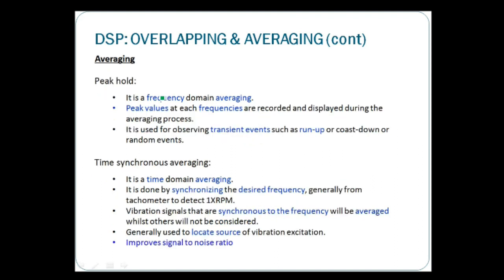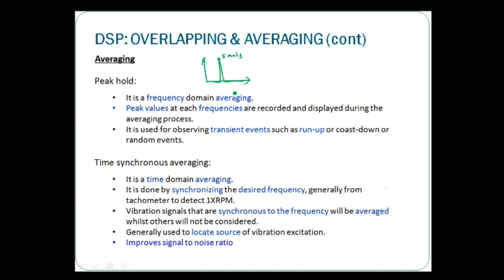Peak hold is also a frequency domain averaging. The peak value at each frequency is recorded and displayed during the averaging process. It is used for observing transient events such as run up, coast down, or random events. The whole idea of this is to record the peak. Let's say you have the first block coming in, and at this frequency the peak is 5 mm per second. Of course, if you divide this by 1,